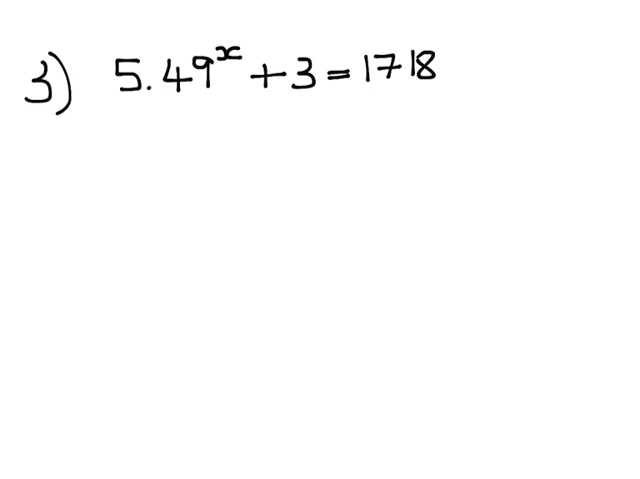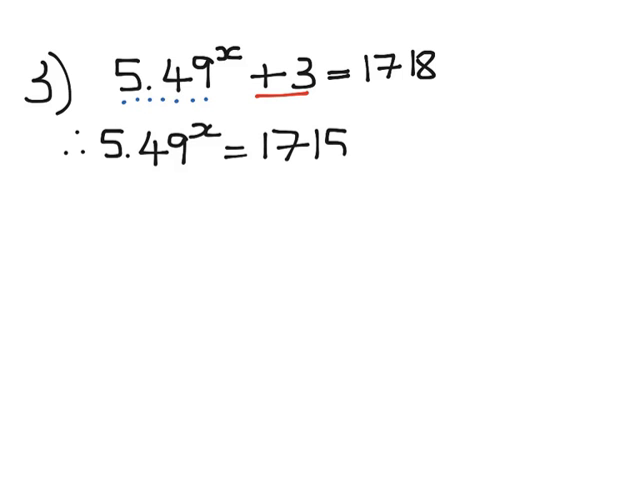1718. In this case, the first thing we do is we get rid of the second term after the exponential expression on the left-hand side of the equation. So in this case, we subtract 3 from both sides, so we'll get 5 times 49 to the power of x is equal to 1715. Now we divide both sides by 5. We'll have then 49 to the x is equal to